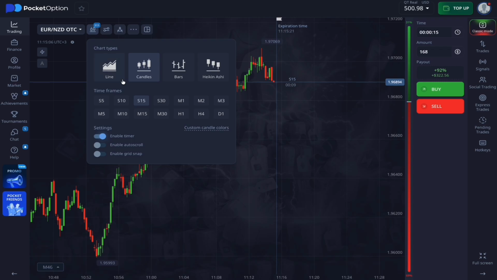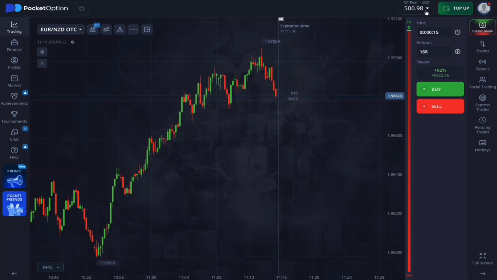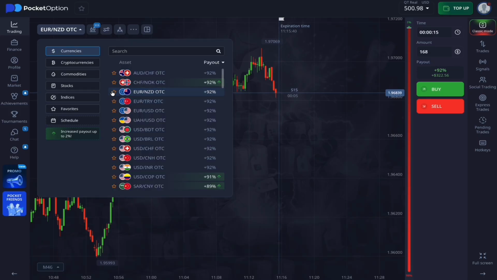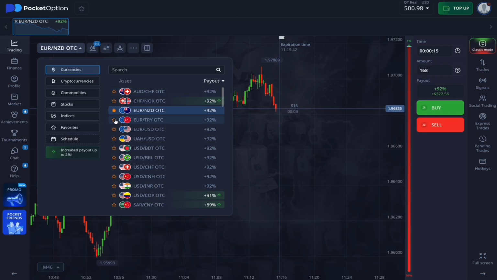to trading. Before starting a trading session, I always recommend setting the chart type to candlesticks. It's the most optimal chart on this broker. For the interval, I've chosen 15-second candles. That's what we'll use for trading and technical analysis today. I only have $500 in my deposit, and my goal for this video is to add at least $1,000 to it. I'll show you later which tool helps me pull this off, but for now, let's move on to picking